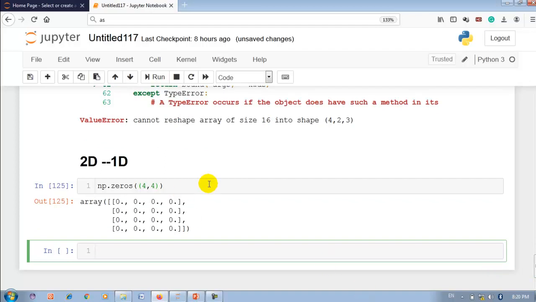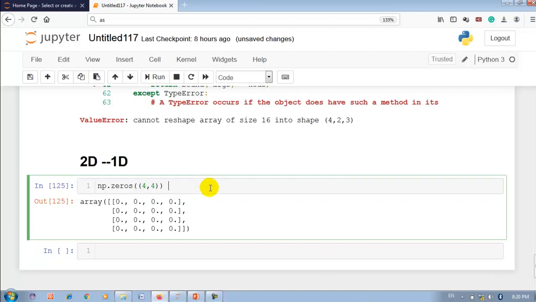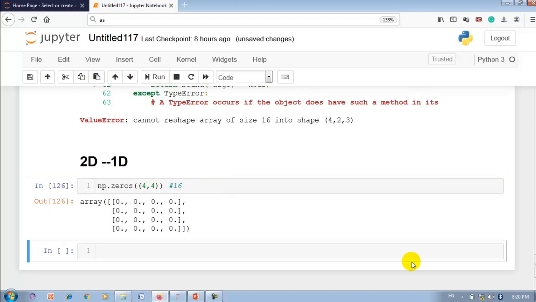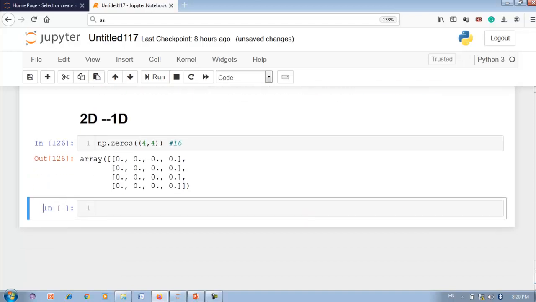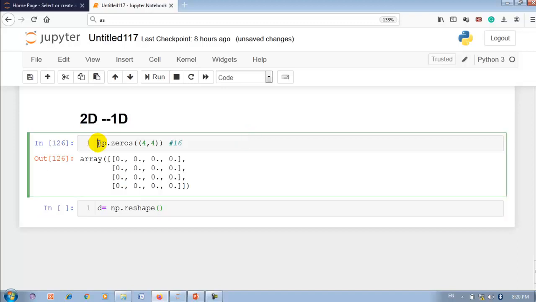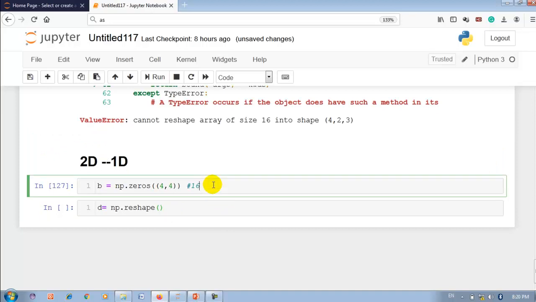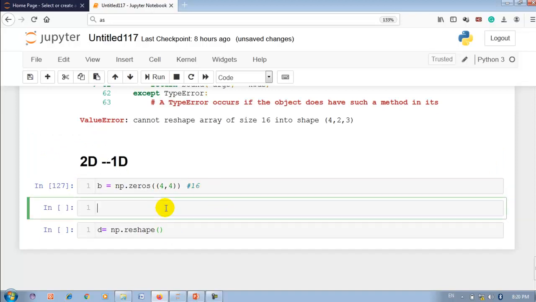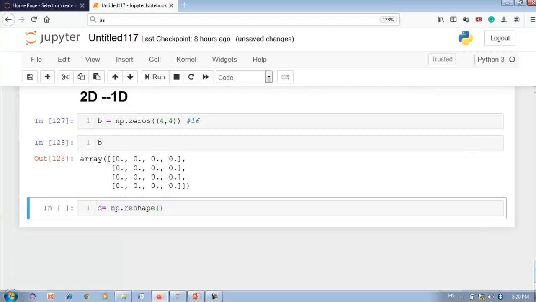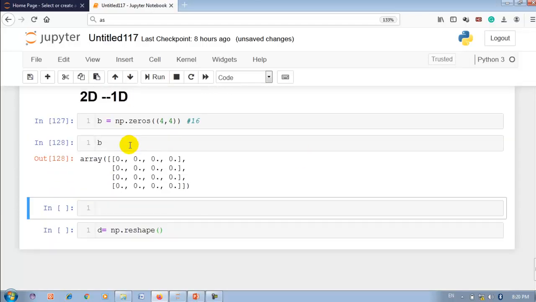So here the total number of elements is 16. Now let me convert into a 1D array. I am taking the variable d, then np.reshape, and let me assign it to b, right? Now let me check b, and also let me check the shape of b.